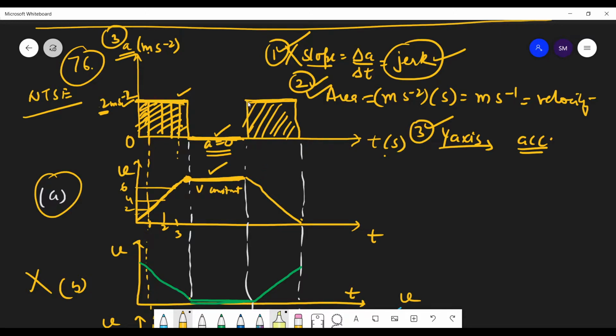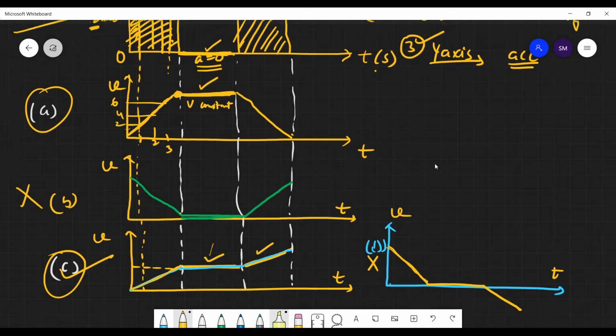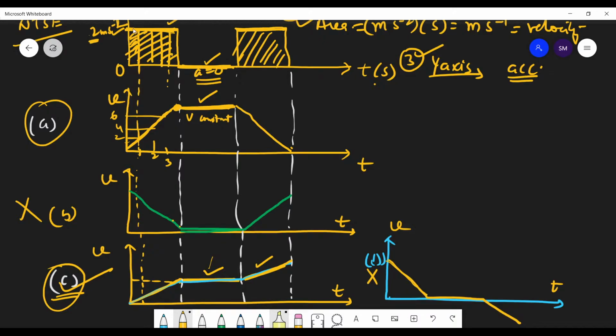Then again the body starts accelerating. So again velocity increases, right? In which of these graphs does this happen? You can see that only in graph C velocity again starts increasing. Here in the first case velocity decreases. In the first part velocity increases, so this cannot be the option, because in the first part we can clearly see that positive acceleration is there. Positive acceleration means velocity is increasing. So velocity is increasing only in these two cases. In these two cases velocity is decreasing.